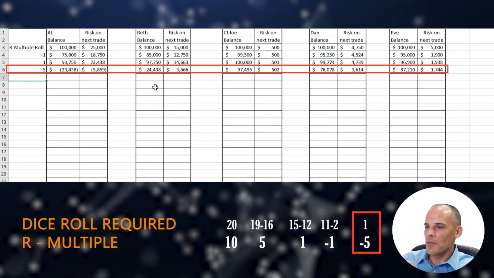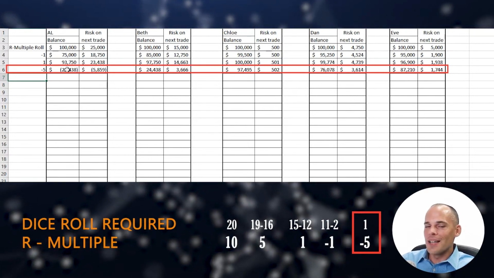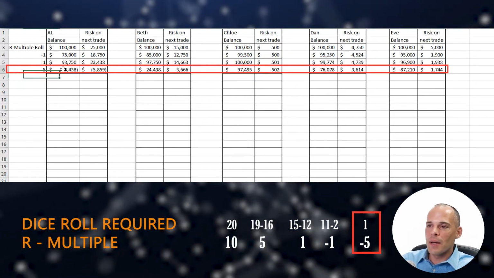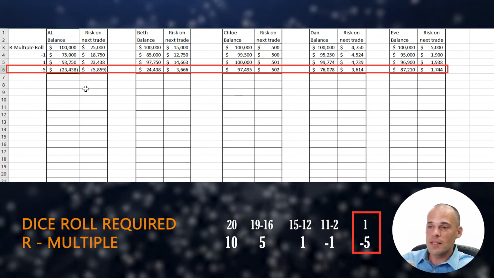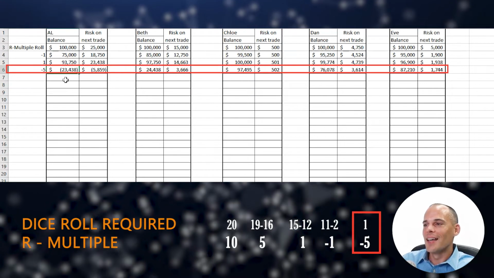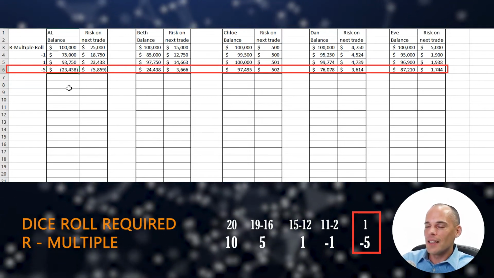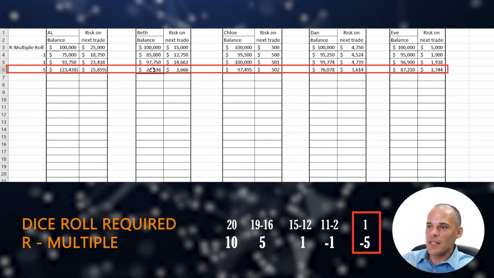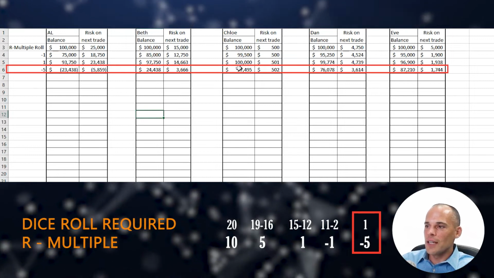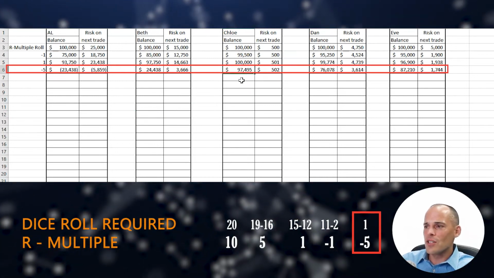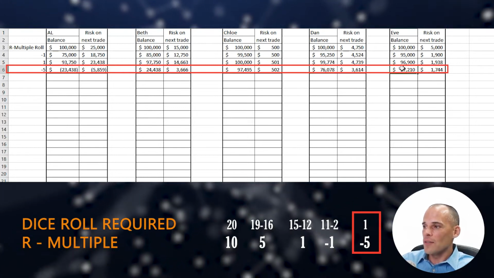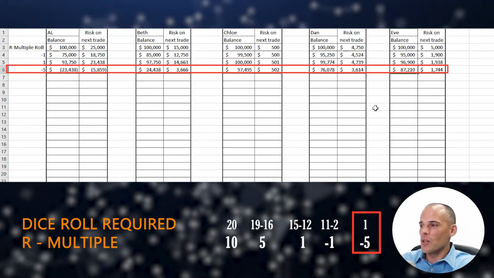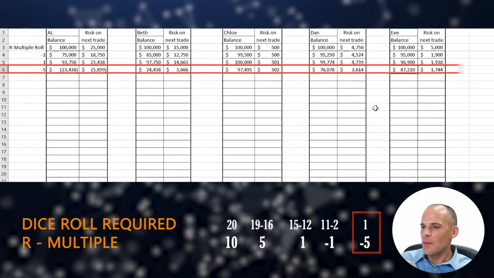That really whacks everybody here pretty good. And I want everybody to notice something right now. Al already went bankrupt. His portfolio is less than 0, which means he must have been using margin or something, and he blew up his portfolio. That really stinks. Beth is down pretty significantly herself. Chloe is down, but not very much, actually. She's doing okay. You've got Dan, he's down notably as well, and then you have Eve, who's also down pretty notably. So we're going to see how this goes from here.